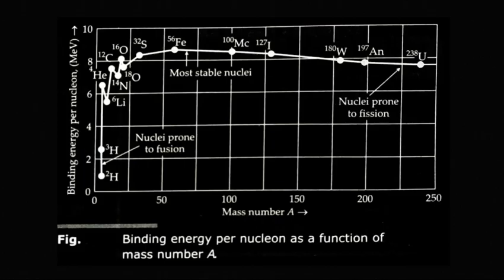Now in today's class, we will discuss a graph which is plotted between the binding energy per nucleon for various elements versus the mass number of those elements. So here I have drawn a graph on which the y-axis shows the binding energy per nucleon of a nucleus and the x-axis shows the mass number of a nucleus. Now, why have we plotted this curve?